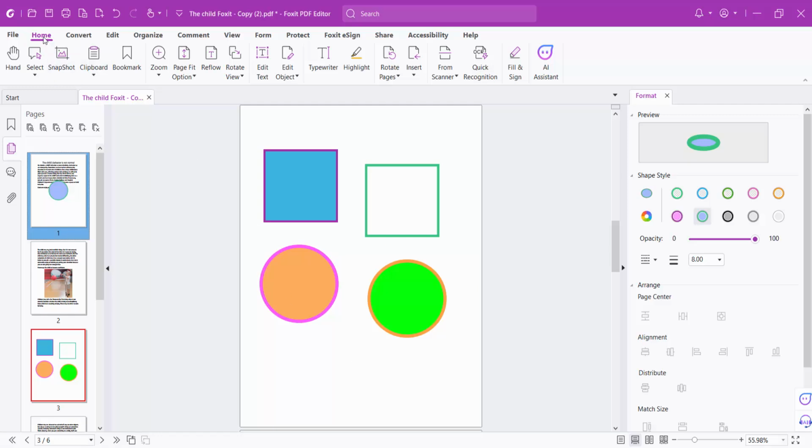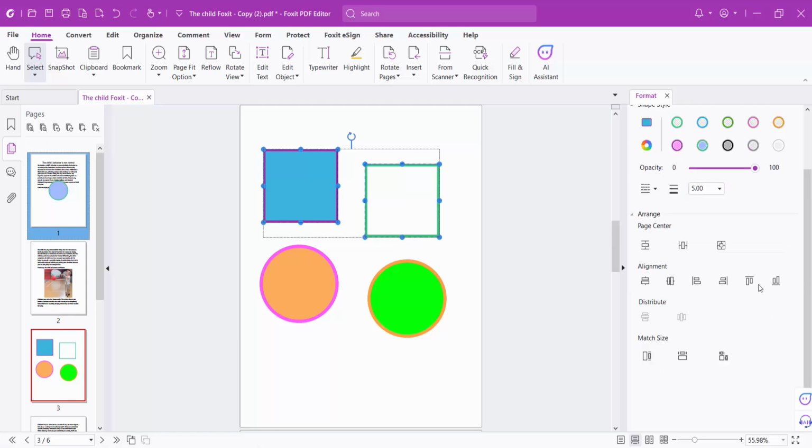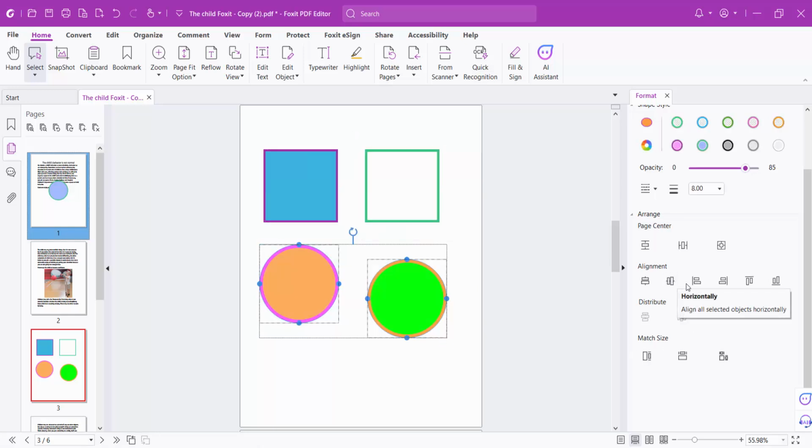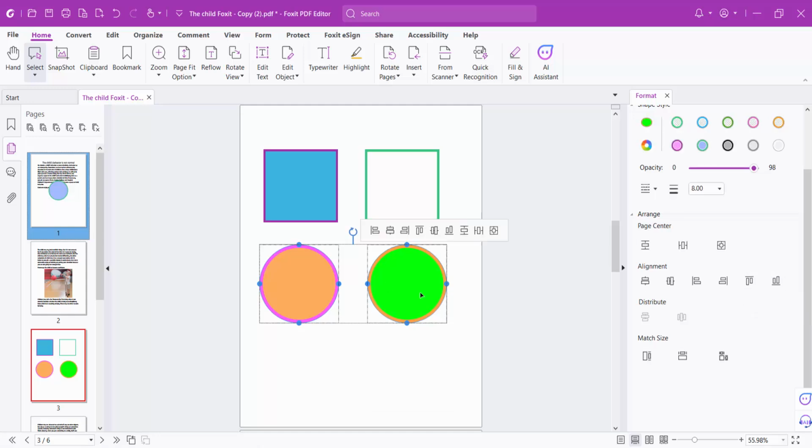Now click on this Home option and select the selection arrow down and select Annotation. And first I'll align these two shapes. And this is the Align option. You can horizontally align, and also I'll align these two. This is top align and this is bottom align,